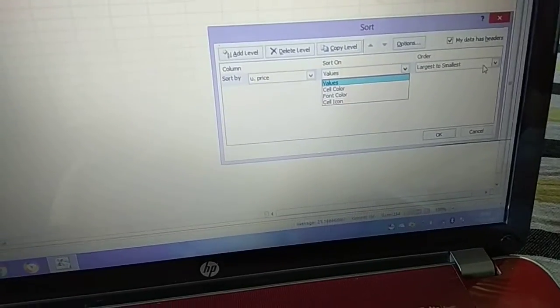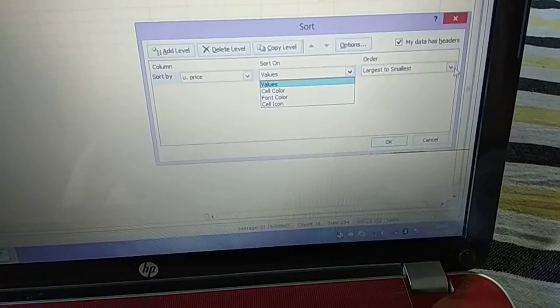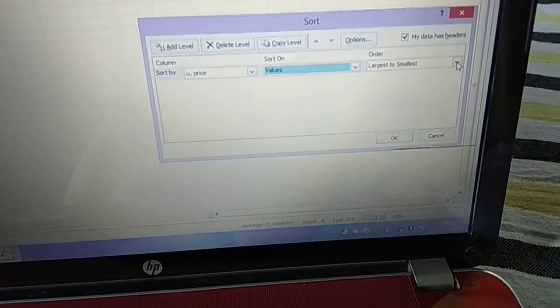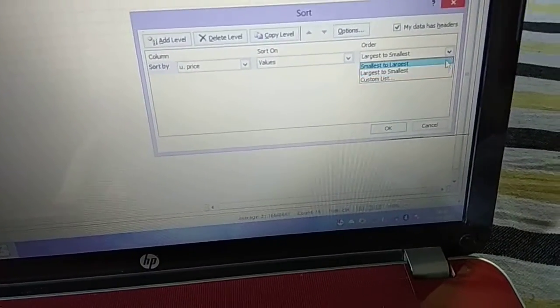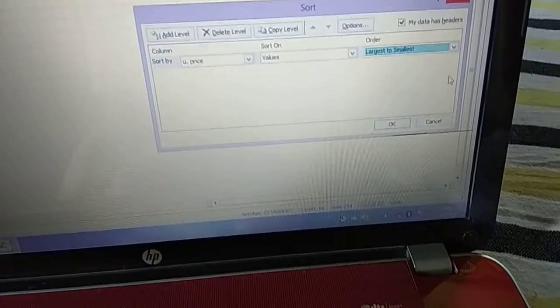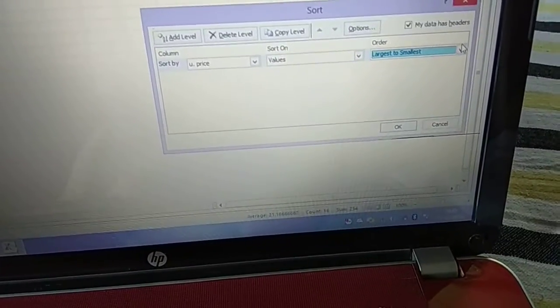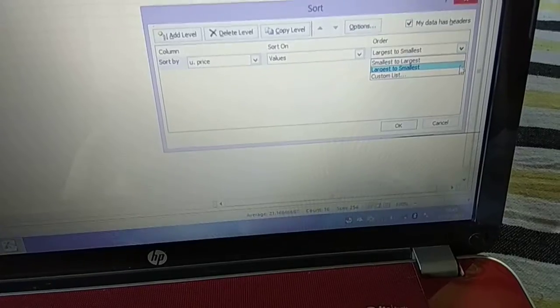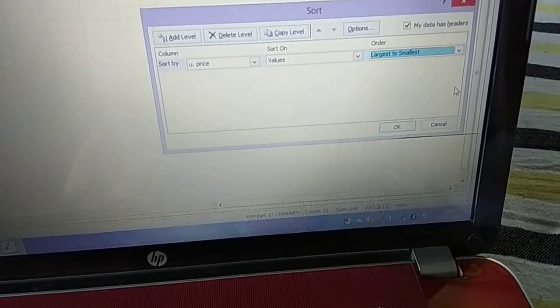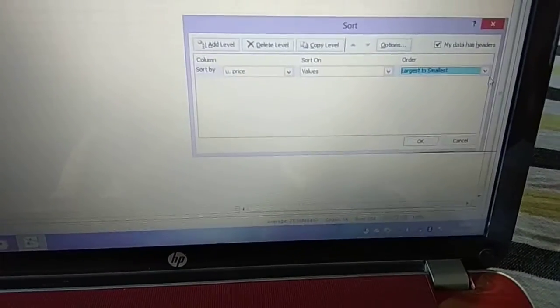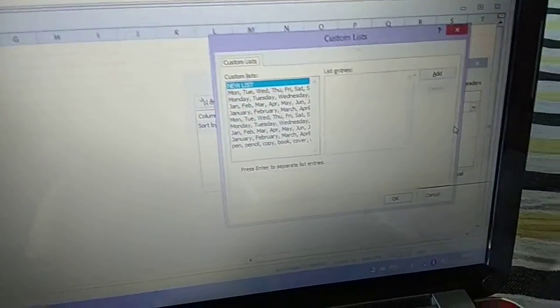Here I choose largest to smallest, as given here. We can also change it and choose the custom list. And these are the custom lists.